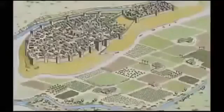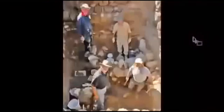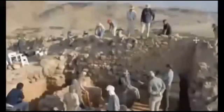This is the artist rendering of it. These are the remains of what they found. They found the gate that the two angels walked through. They found the bedrock that proves that many people died there, and how the foundations were. Some of the houses were blown off of their foundation. The southeast corner, I believe he said, where all those homes were blown off the